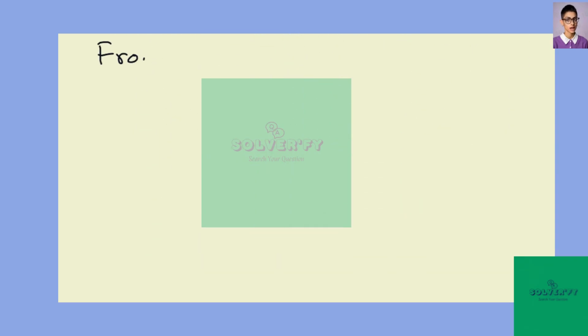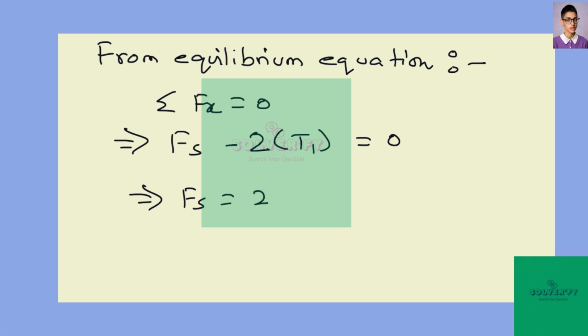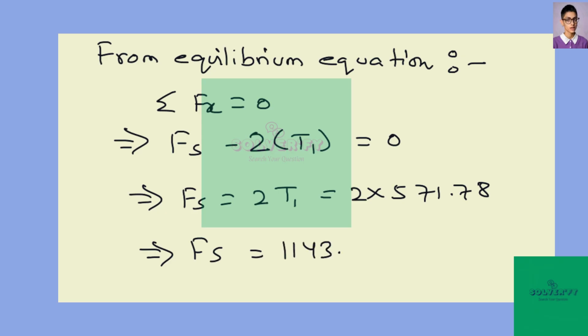On going further, we can write from the equilibrium equation, summation of Fx is equal to 0, or Fs minus 2T1 is equal to 0, or Fs is equal to 2T1, which is 2 into 571.78. So on calculating we get Fs is equal to